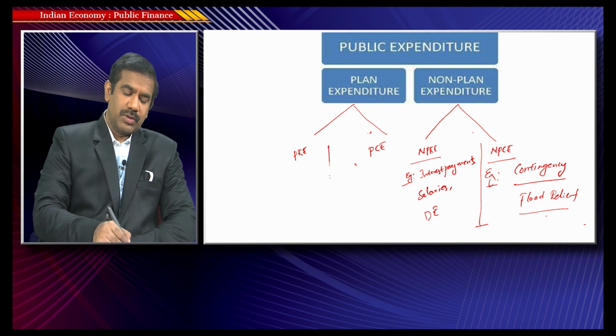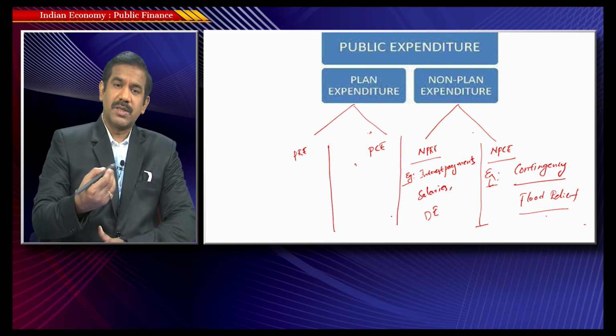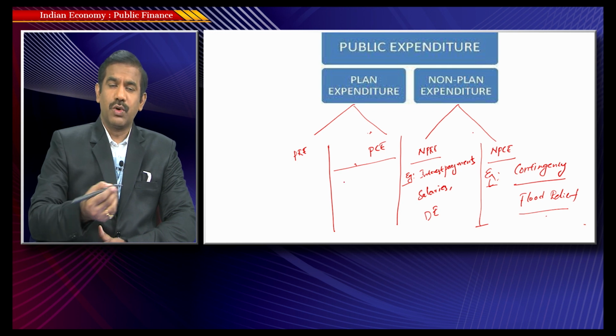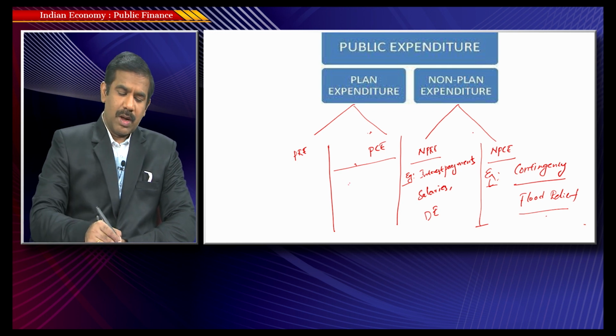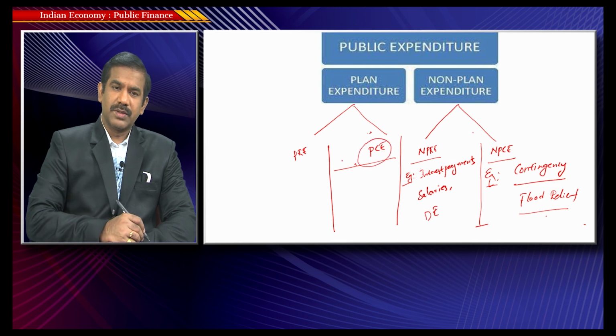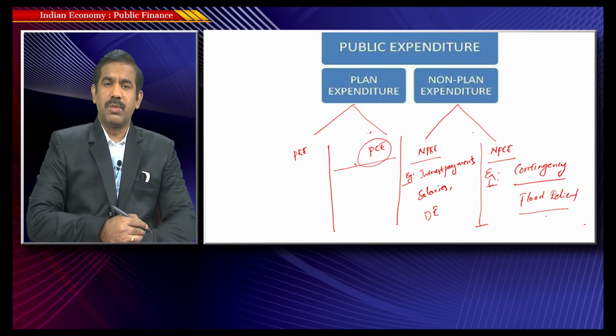And coming to planned capital expenditure, it is a planned activity and a one-time expenditure, like construction of a road, construction of a railroad, construction of an airport, seaport, hospital. That all happens to be referred to as planned capital expenditure. And planned revenue expenditure, in India, mostly the money that's spent by the government of India,